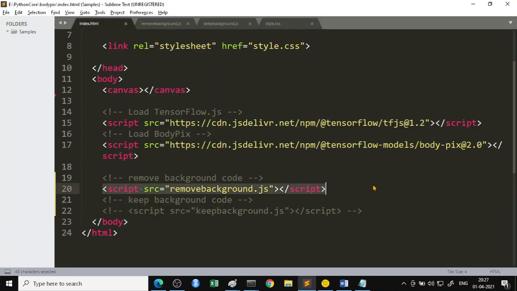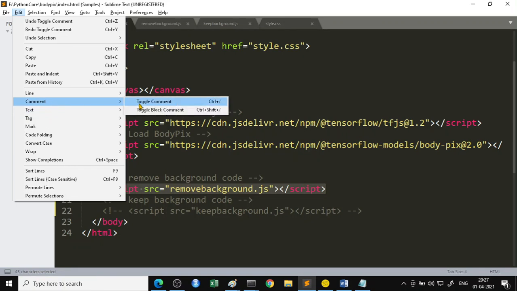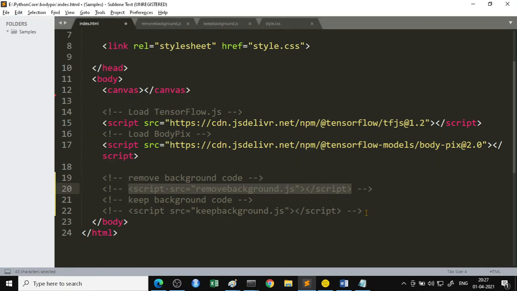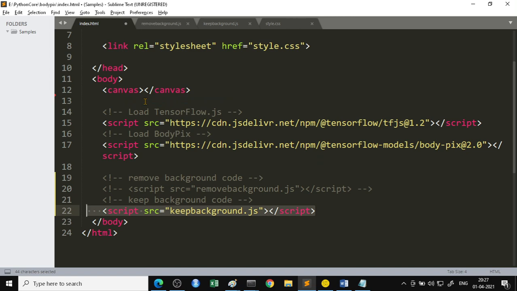In some cases it is required where you remove all the people and just have the background. In some cases you would require to remove the background and just keep the person or persons, since multiple people are also identified.